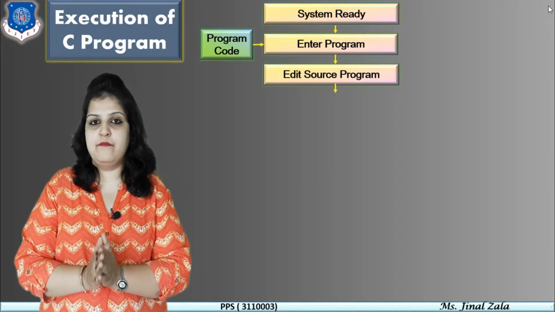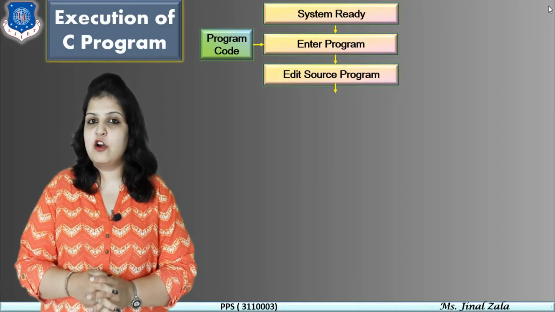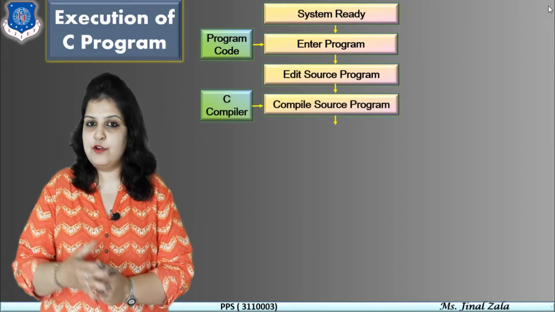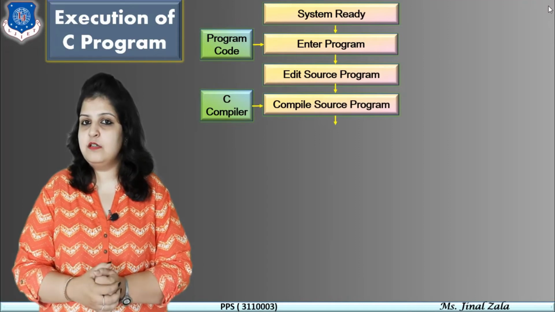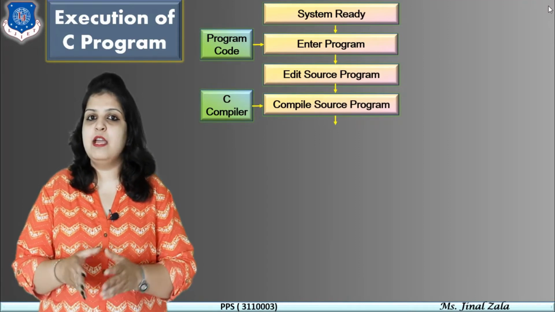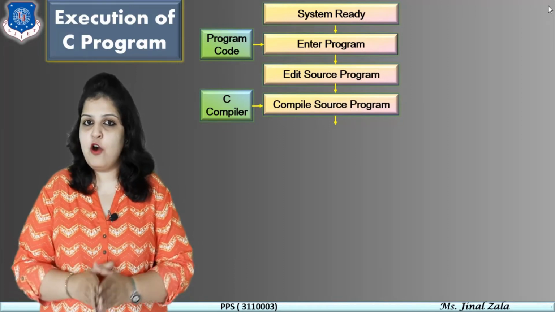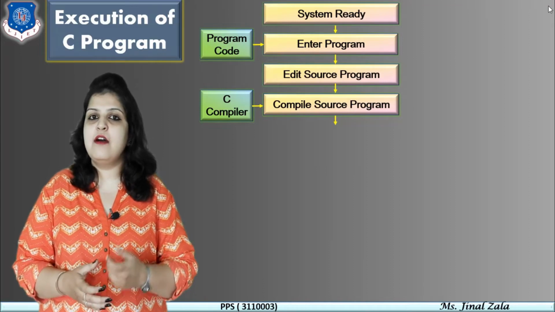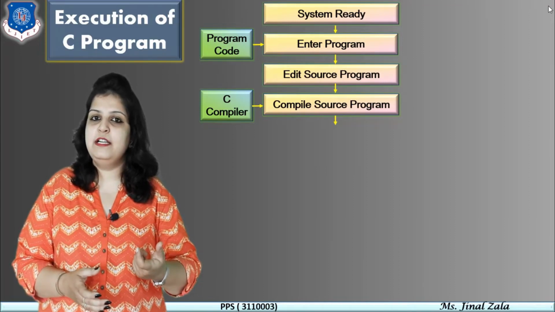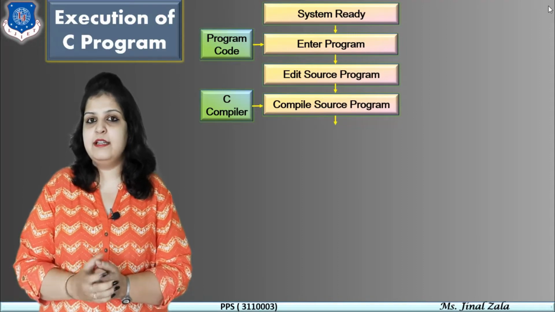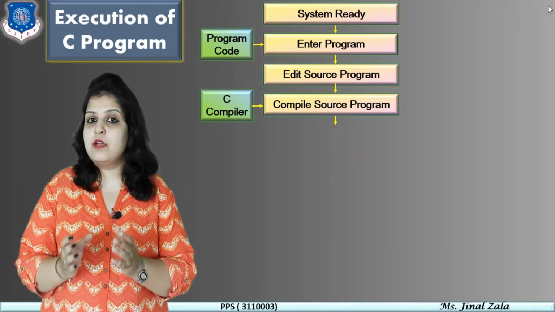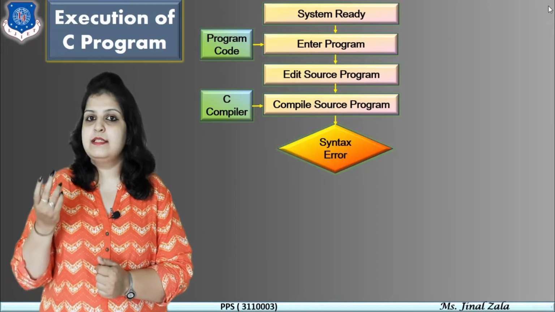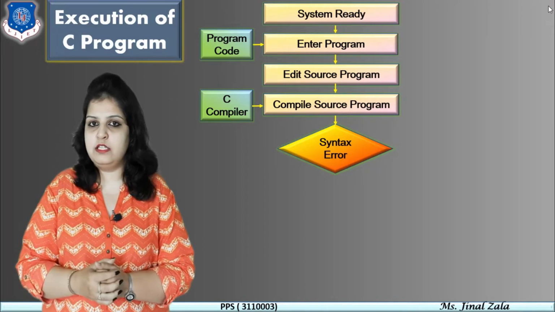After writing the program, we can't directly get the output, because our first step is the compilation part. First of all you have to compile your source program, and in the compilation process the compiler checks whether the code we wrote is perfect or not, error free or not. Now what is an error? Suppose we write one printf function and the f in printf is missing, then it is called an error. Errors are mainly of three types. First is a syntax error, second is a data error, and third is a logical error.